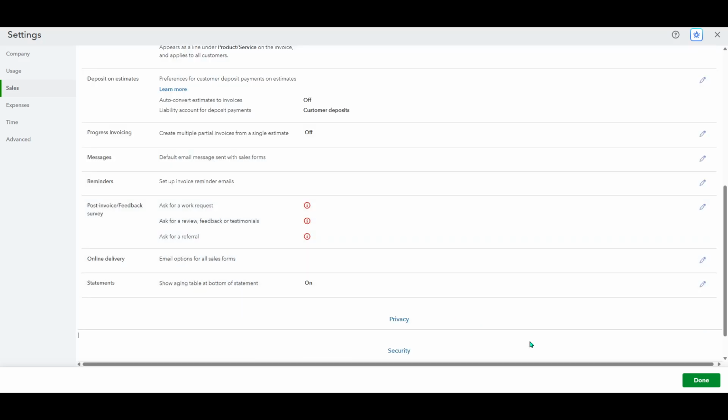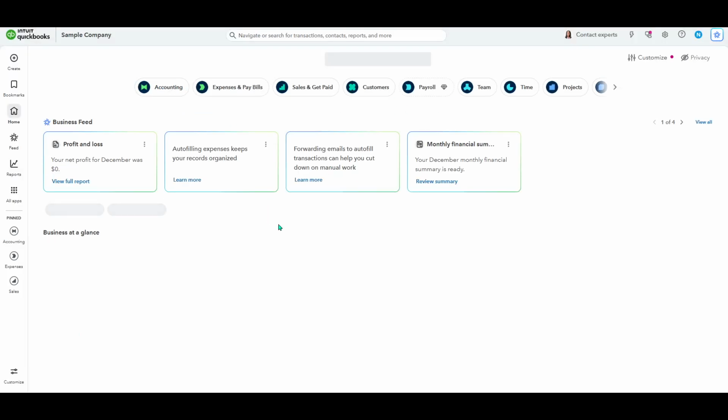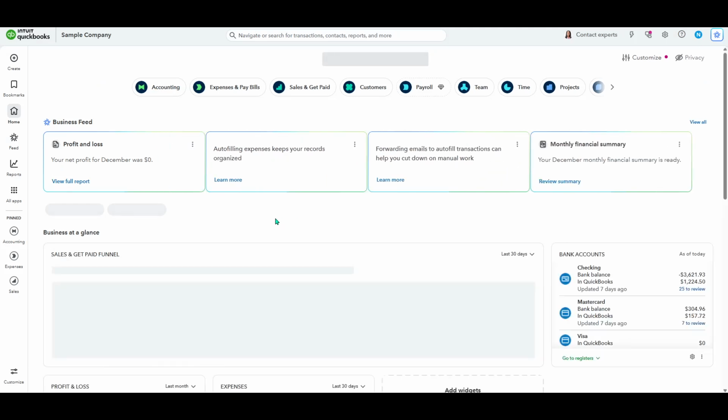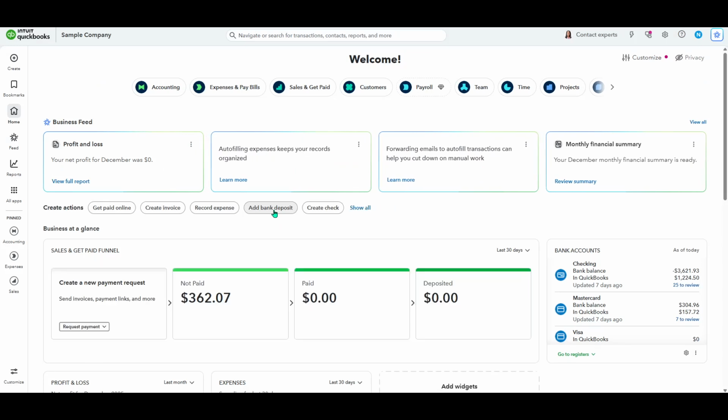From this point forward, QuickBooks will use your rules on overdue invoices based on the criteria you set. If you ever need to adjust the policy, you can come back to the same spot and update it at any time. That's all it takes to enable late fees in QuickBooks Online. Take a moment to review your invoice terms so everything is consistent, and consider informing your customers about the change to keep things